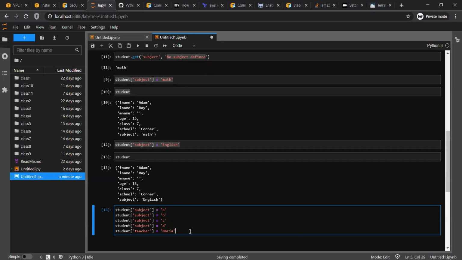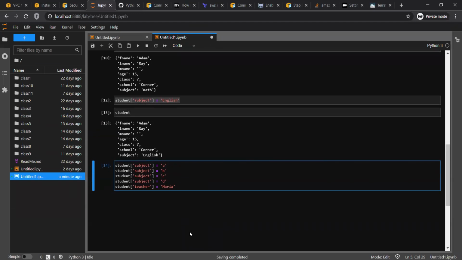Suppose this. Now, if you see here, in the very first line I'm assigning subject a value A. Second line, I'm assigning B. Third line, I'm assigning C. Fourth line, I'm assigning D. And then I'm assigning teacher as Maria. Okay. Let me run it.